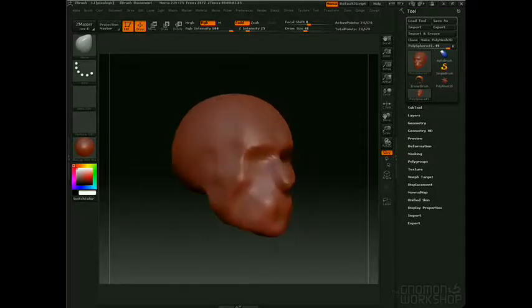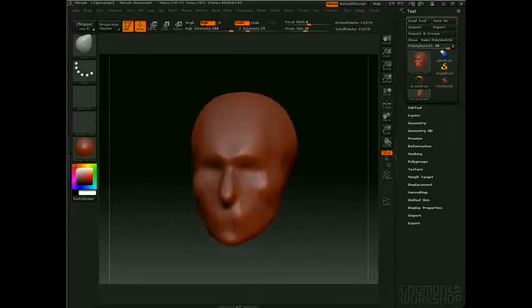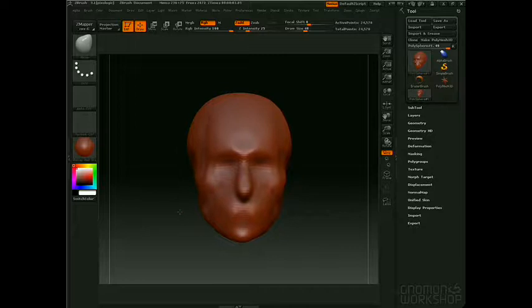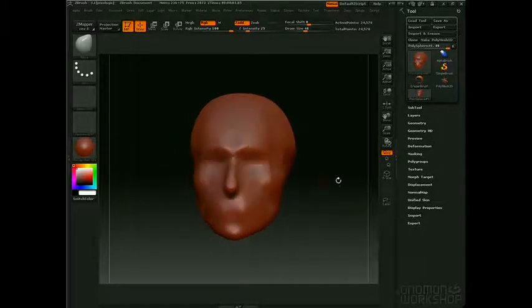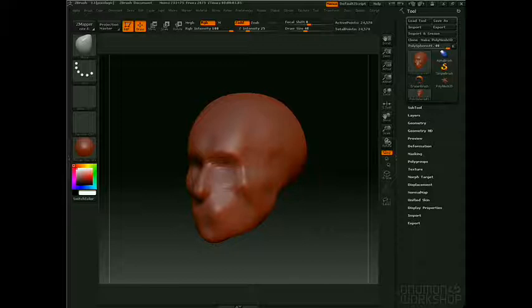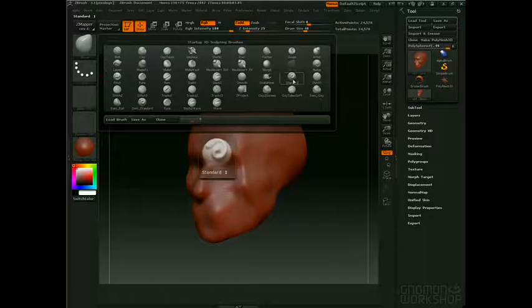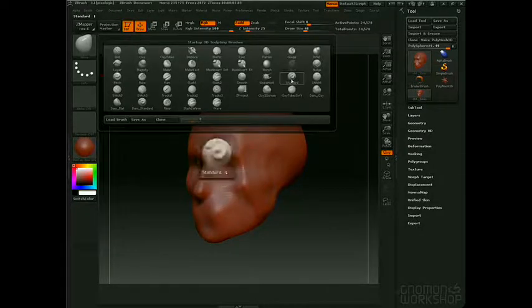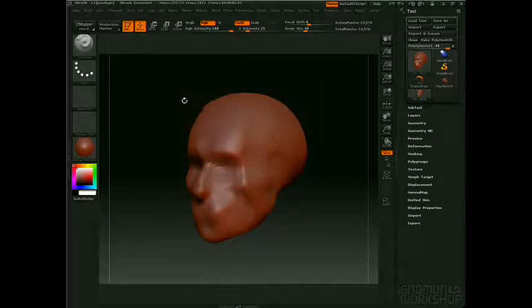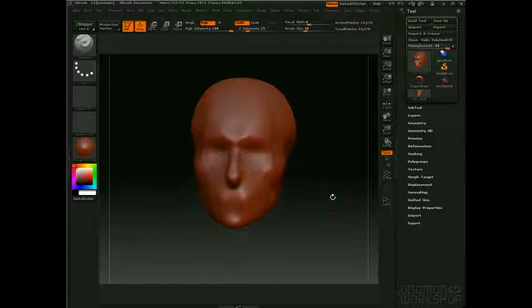But now we're going to want to get in and start taking a look at how we can sculpt lips and all kinds of different parts. And we'll look at many ways to do that. But the first way that we need to really look at is going back to the standard brush. So again, I click the brush palette, click on standard,